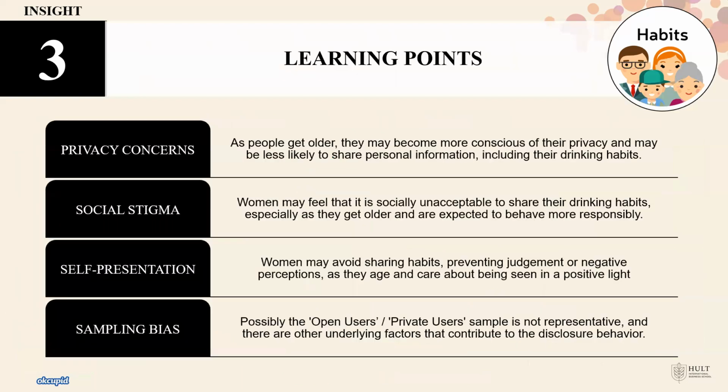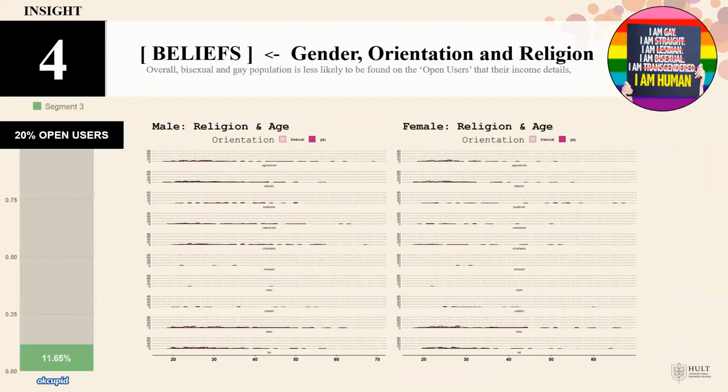Now, to finish with this presentation, I was evaluating also the 20/80 splits for the beliefs in terms of gender orientation and religion. And I noticed that the 20% of the people that did share their income did not share much about their sexual orientation. It's interesting. I thought people would share more, but this